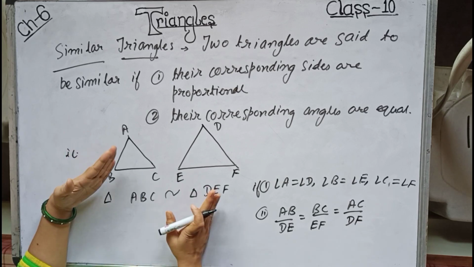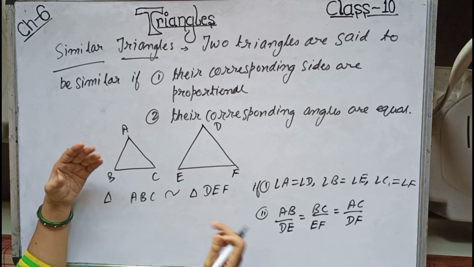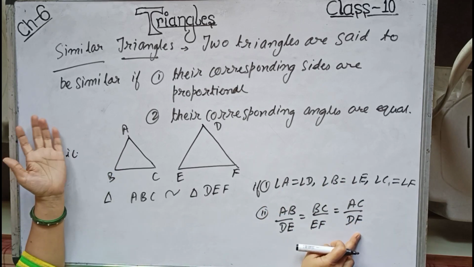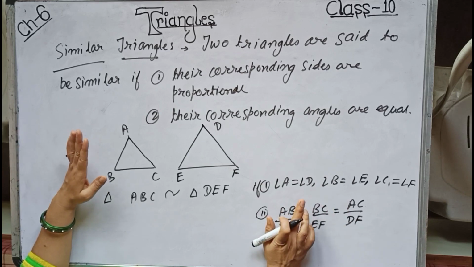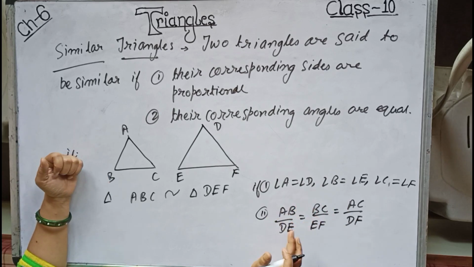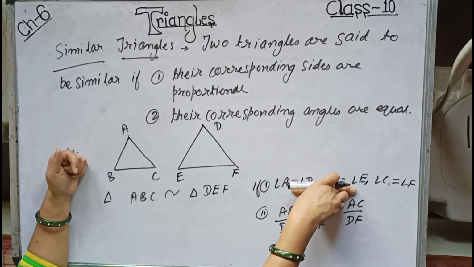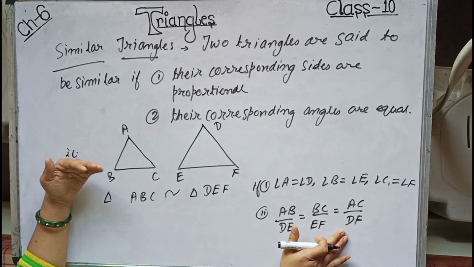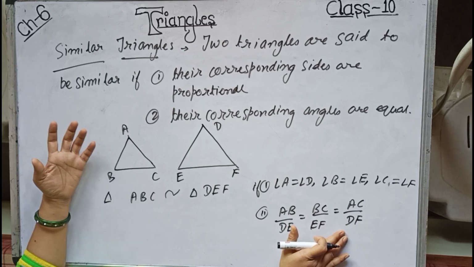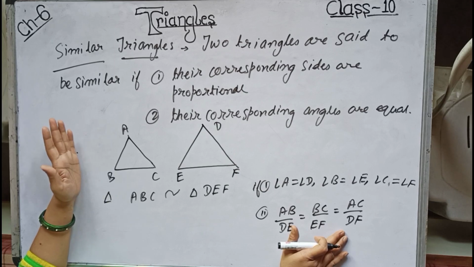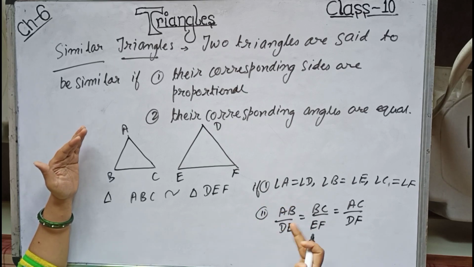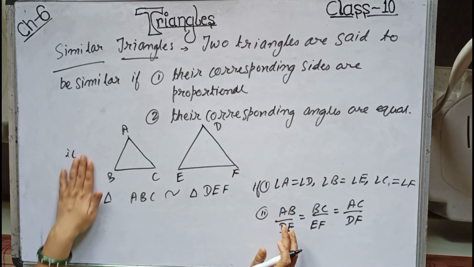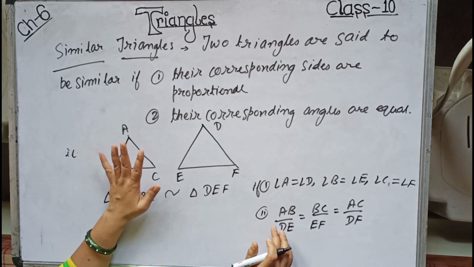So two triangles are said to be similar if their corresponding angles are equal and their corresponding sides are proportional. Now these two conditions, if you understand in the examination, either we can prove three angles to be equal, then the triangles are similar, or if we prove that the ratio of their sides are proportional, then also the triangles are similar. Further, we will be able to understand more things with the help of the theorems, but for the time being this much only is the concept of similar triangles.